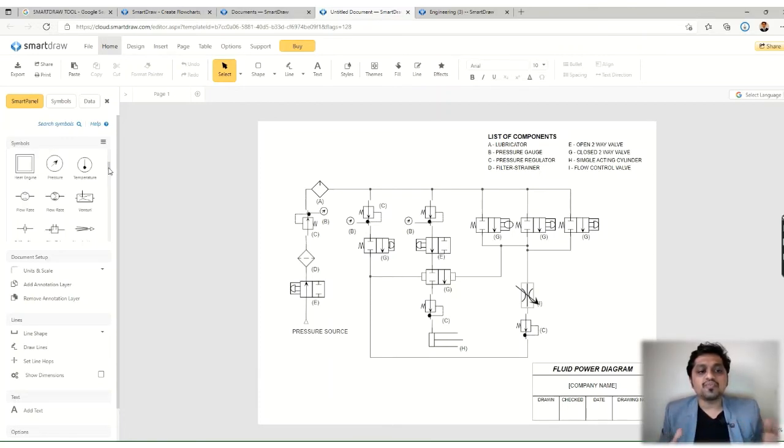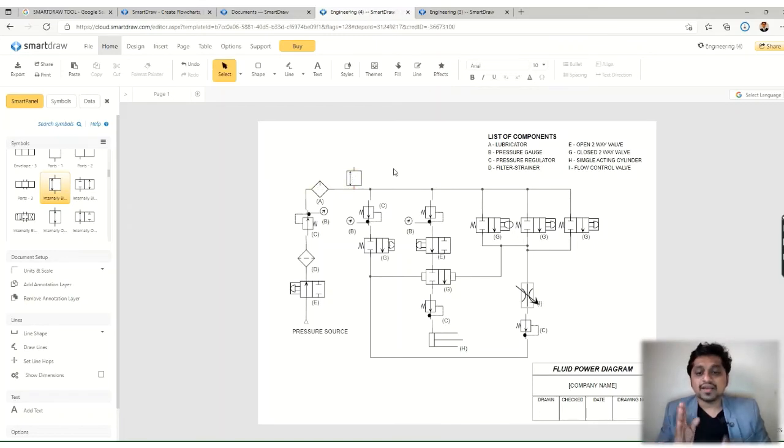So if you want to put some valve in the circuit, you can just select the symbol of that part, drag that part and just drop it wherever you want. So it is very simple, it is very time saving, and that's why this tool is very helpful.